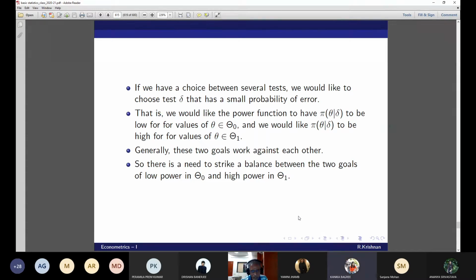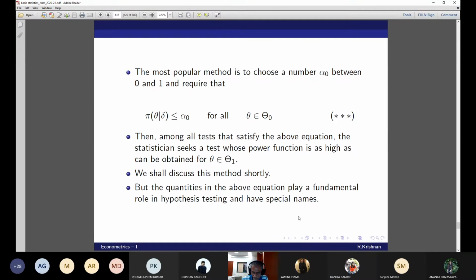Okay, so I'm saying now, fixing the other one, less than or equal to alpha 0. For alpha 0, normally we take it to be 0.01 or 0.05, taking it as low as possible. That's what I'm saying. 0.01 or 0.05 is the standard one. If you take it as 0.01, the other becomes 0.99, which is as close to 1 as possible. Am I right? Yes, sir. That is what I mean.